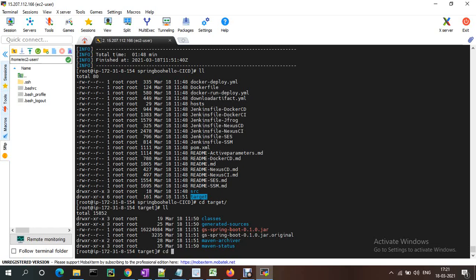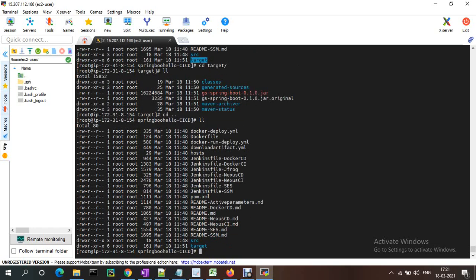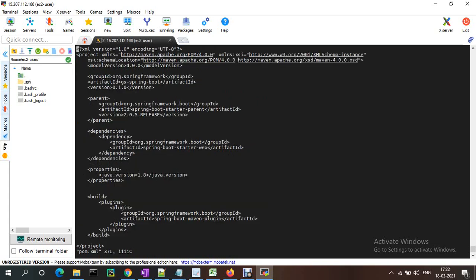Okay. So under this pom file, we just need to add the plugin. The Maven SonarQube plugin we need to add.